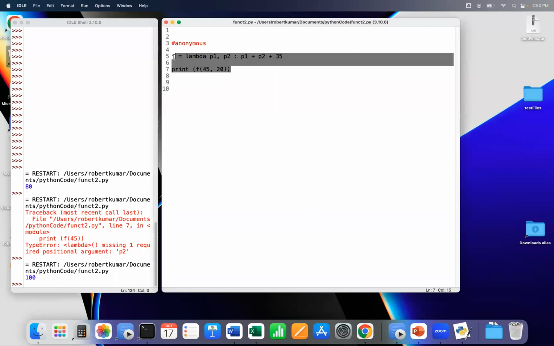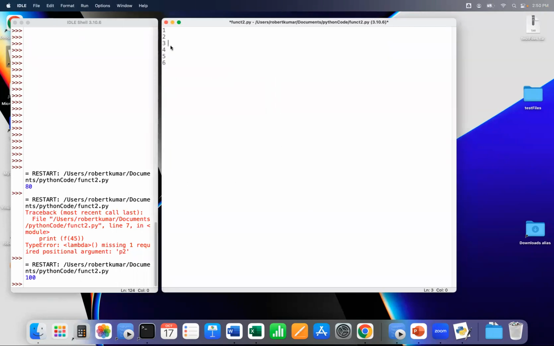I'm going to take this out, and let's say you want to create a list of odd numbers. Normally you would do something like 1, 3, 5, 7, 9, and so forth. That would be one way to do it. And the other way, odd list, number 1, inside that list, I can say